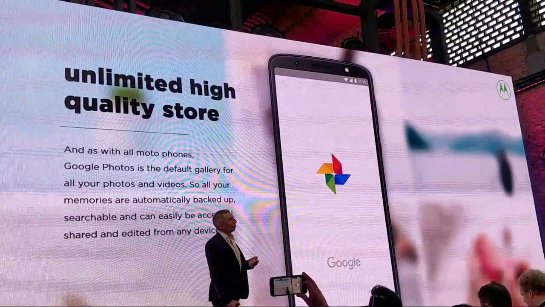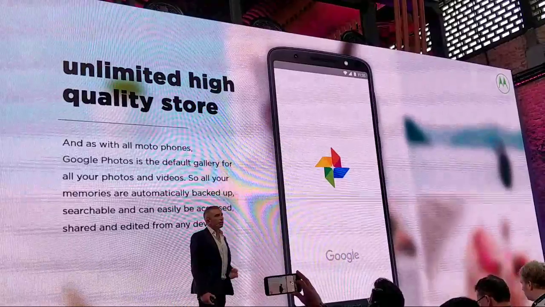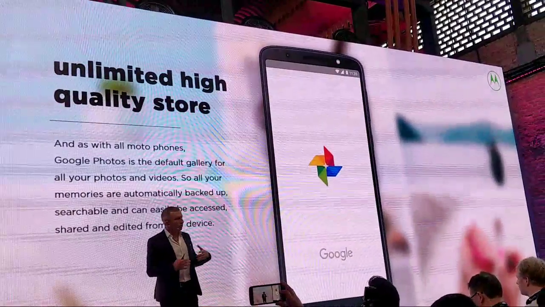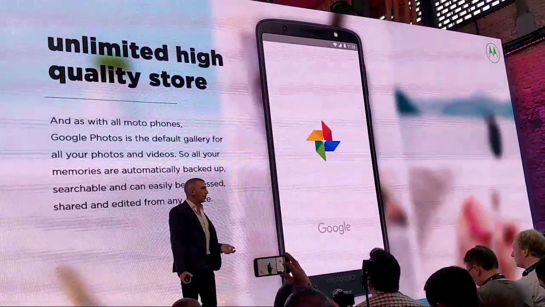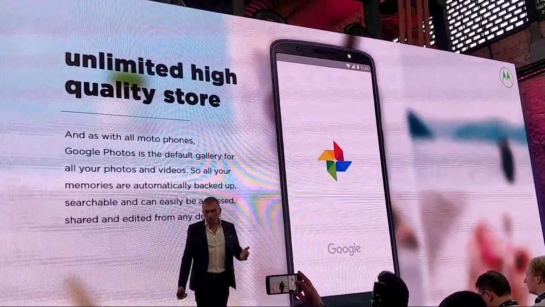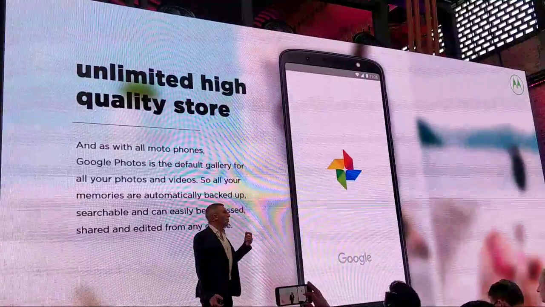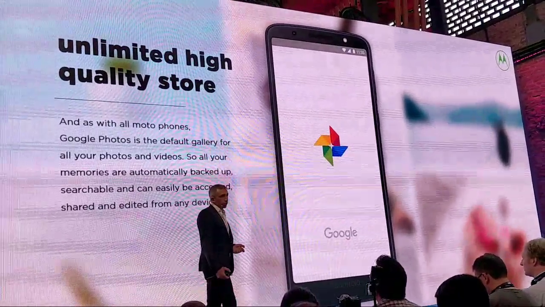So with Google Photo, you get that automatic, seamless backup. You don't have to think about it. There is nothing to install. You take a picture, it's backed up in the cloud, and it's unlimited. You have never any limitation for that. And even more fun, you can search your pictures.